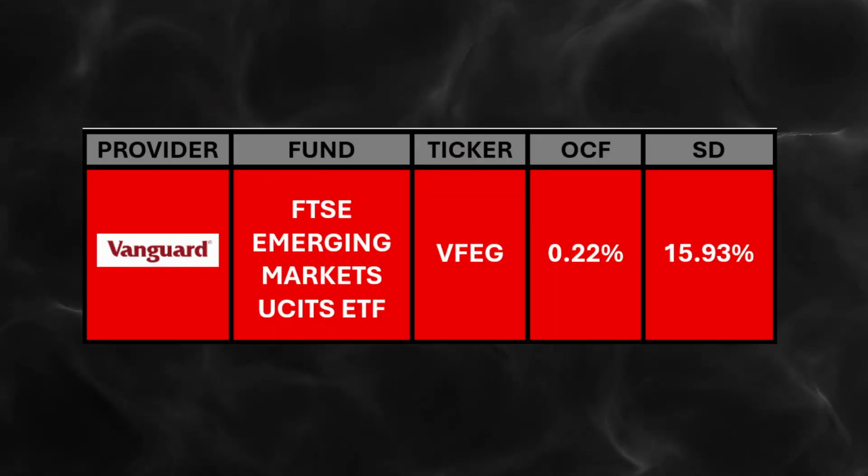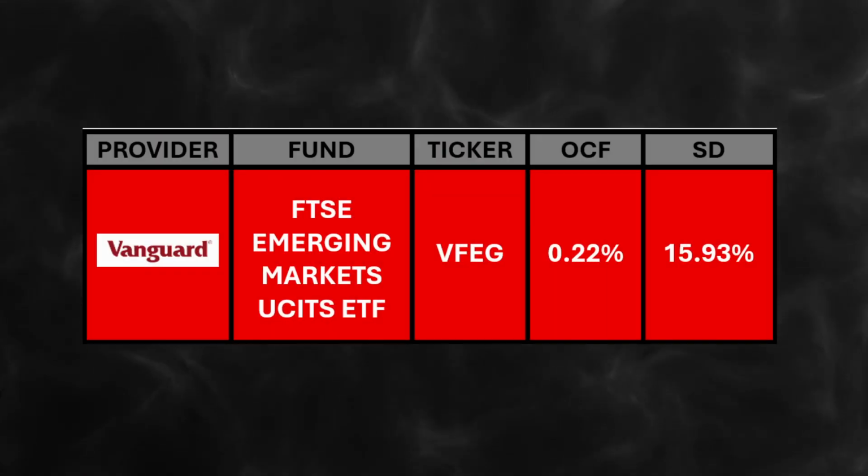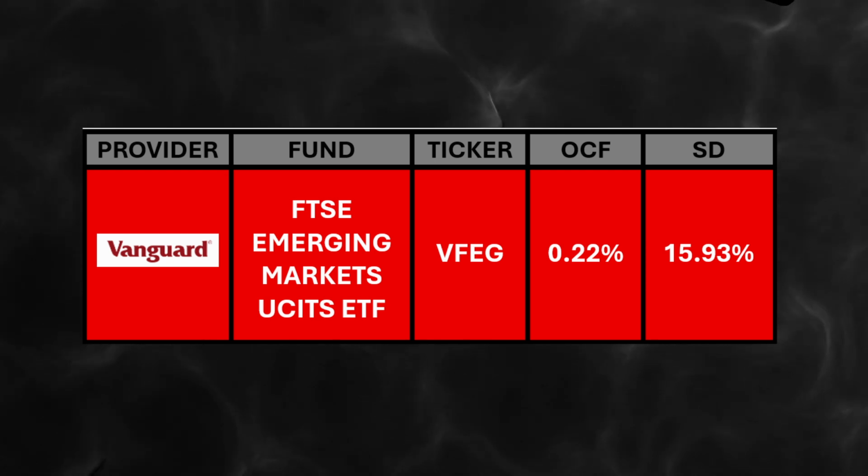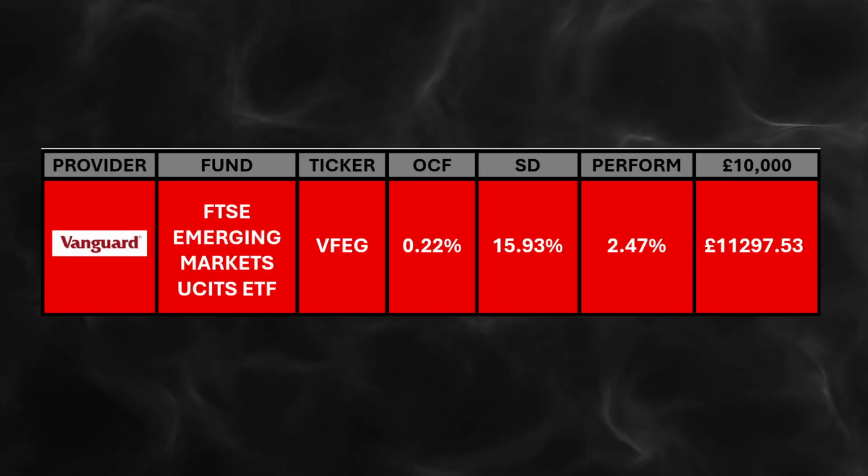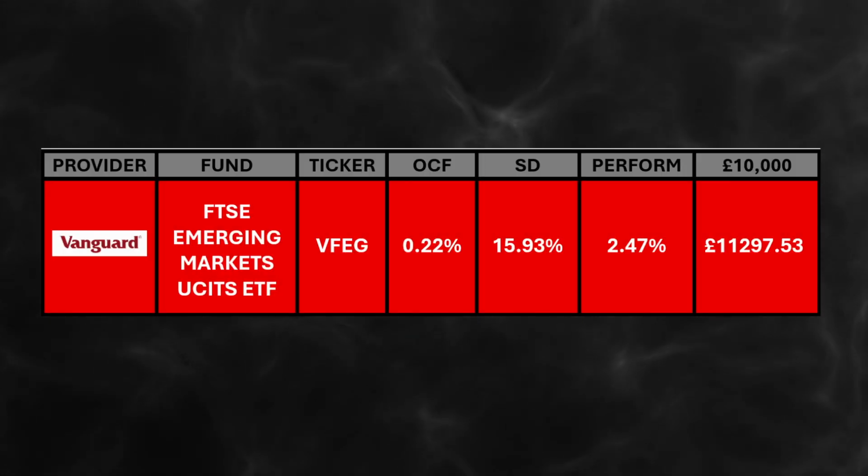The 3-year standard deviation figure for this one is a palatable 15.93%, but the Sharpe Ratio is a negative minus 0.22. As it's longer established, I'm needing to refer to the VFEM version of the fund for the 5-year annualised returns, which is 2.47%. So £10,000 invested 5 years ago into this fund with no further investment since would have returned you